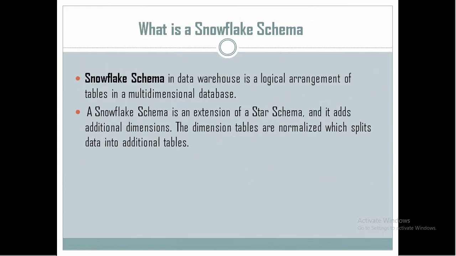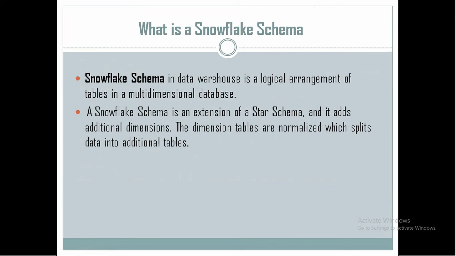Now come to snowflake schema. It is equivalent to star schema. A schema is known as snowflake if one or more dimension tables do not connect directly to the fact table but must join through other dimension tables. It is an expansion of the star schema where each point of the star explodes into more points. It is called snowflake schema because the diagram of snowflake schema resembles a snowflake.